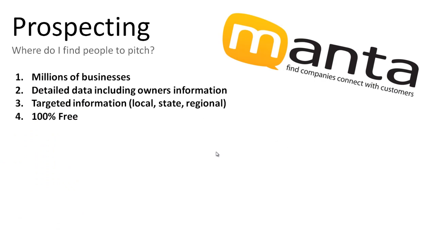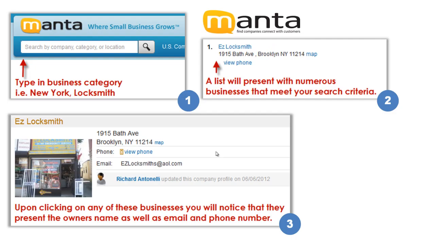Until we get other marketing venues online, this is going to be the most important tool that you have at your disposal for getting in touch with contacts, customers and prospects. There's millions of businesses on Manta. Virtually every business is listed there in North America. There's detailed information including the owners' names and information on contacting them. It's targeted. You can browse over to Manta, you can target local, state, or regional, and best of all, it's